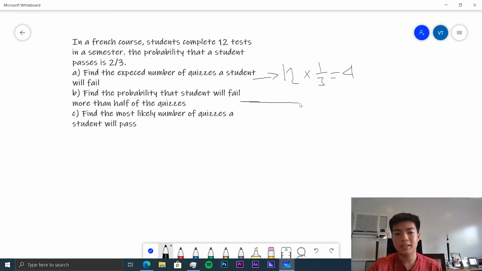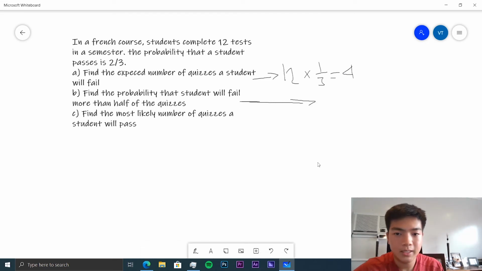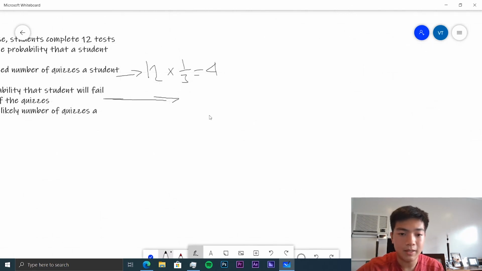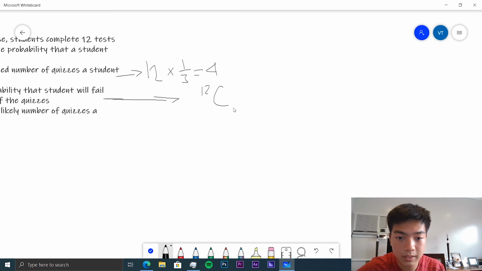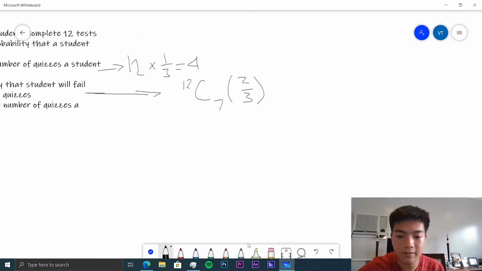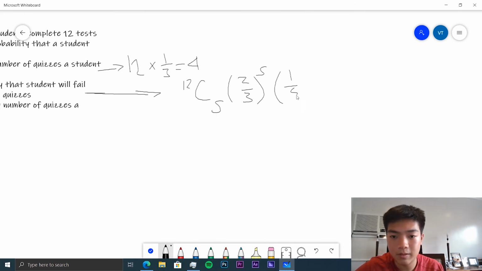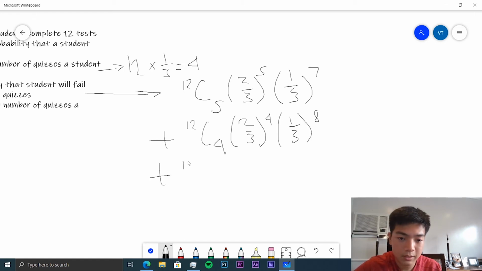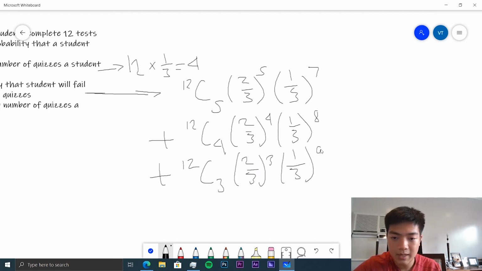Next, find the probability that the student will fail more than half of their quizzes. So we actually need to add up quite a few values. This is going to be 12 choose 7 times 2/3 to the, no, 12 choose 5 times 2/3 to the 5 times 1/3 to the 7, plus 12 choose 4 times 2/3 to the 4 times 1/3 to the 8, plus 12 choose 3 times 2/3 to the 3 times 1/3 to the 9, plus